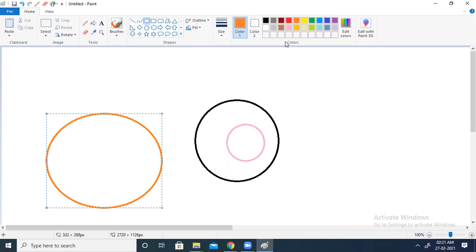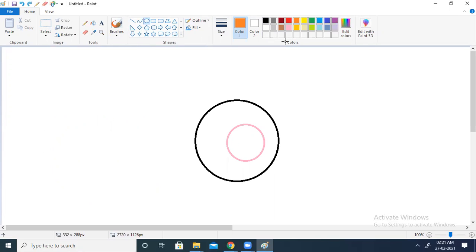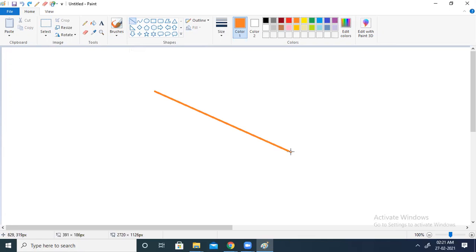Now we will move to the next thing, that is the use of the line tool. How can you use the line tool? Again, same way, we go to the shape tool. From the shape tool you select the line tool. Then if you want any color, you take the color from here and start drawing the lines like this. Suppose I want one more in a different color. Select, take the line and draw like this. Let us take one more. So this is the way you can use the line tools.